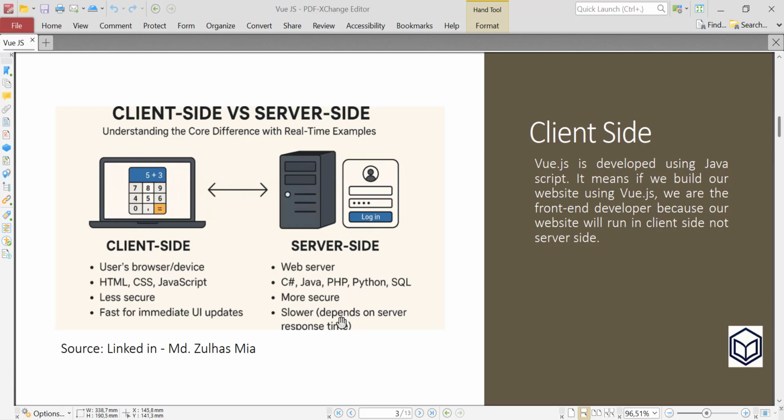Because Vue.js is developed using JavaScript, it will run in the user's web browser. That's why we call it client side programming.